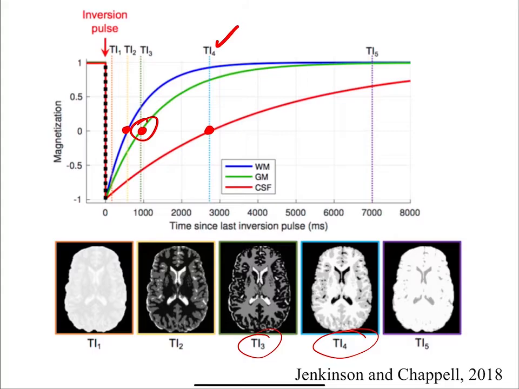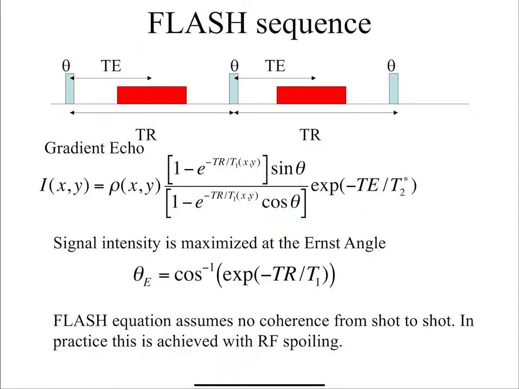So this is used a lot in clinical applications to get rid of fluid from around tumors and things, so you can sort of see the things you want to see better. And then we'll talk in a few slides about how we use it for neuroimaging for the MP-RAGE. But there's one more concept I want to introduce to you, which is now we're going to think about changing the flip angle, theta. Okay, so far we've only talked about a flip angle of 90 degrees. Now we want to talk about